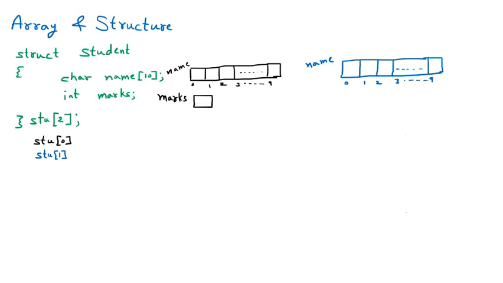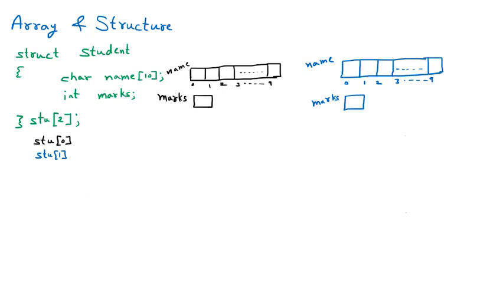And also it is having one block for the marks. Means we can conclude that if I am saying stu2, that means there are two students whose name and marks are there independently. Supposing that stu0 is some person Ankit, so name is Ankit and marks are 99, and stu1 is some other person Varma. That one is having the name as Varma and marks is having suppose 97. So independently two students are there.